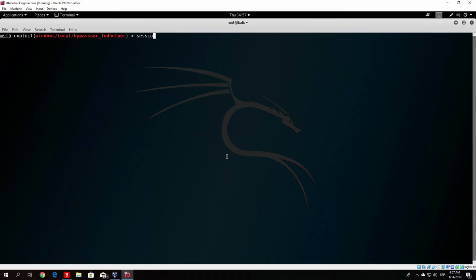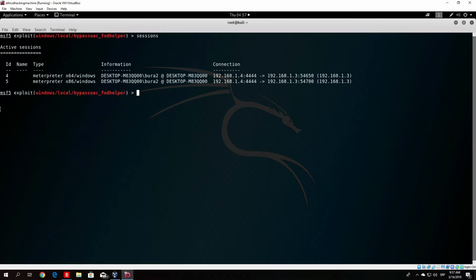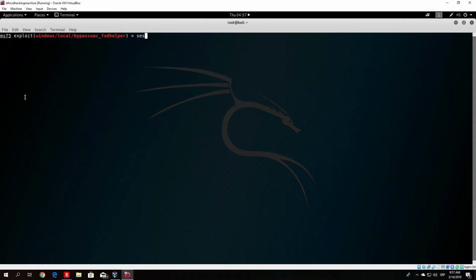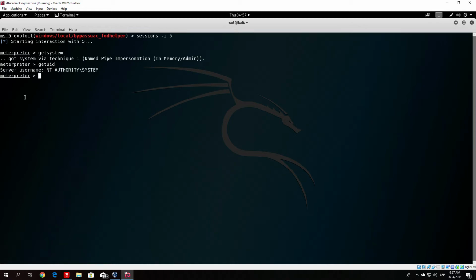So right here, if I type sessions, I have two sessions. One of them is the 4 and one of them is the 5. The 5 one has the system privileges. Well, not yet, but the get system command will work on the 5 since I used the fodhelper exploit. And the 4 one we can close since that is the first session that we have open. So sessions -i 4, and we can exit that. Now we clear and we enter sessions -i 5, get system. I already covered all of this, and right now if I type get uid, we are the system privilege